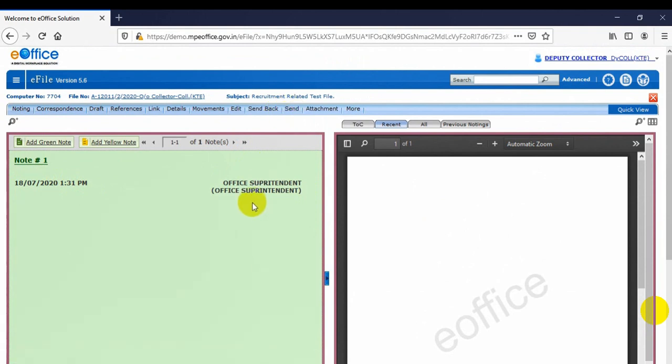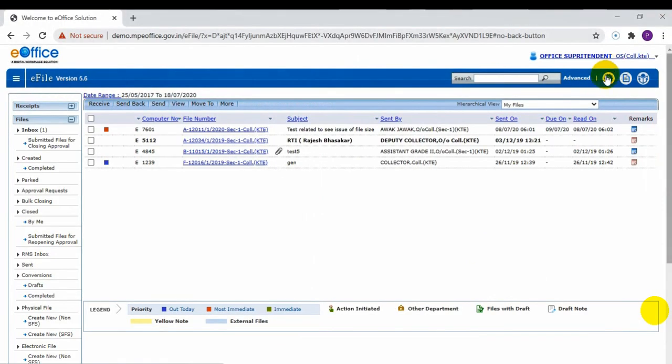Now we again will go to the office superintendent login to see whether the pullback option is still available or not, as we have opened this file at the receiver end. Let's go there. So in office superintendent login, I came again after stopping the recorder, and I logged in again, as the already sent item screen was opened, so it would not make it clear to you, or we can do a refresh there to see if the icon is available or not. So I logged in again; you can also just do a refresh.